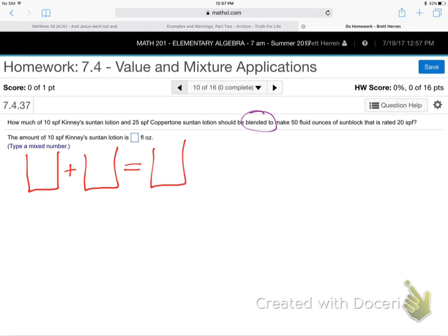All right, so 3 buckets. Remember the percent. Now, we don't have percentages again, and the amounts go on the top. We don't have percentages. What's playing the role of the percentages this time? SPF, right? It's the strength level, whether that's the price of coffee or the percentage of orange juice or the SPF of suntan lotion. SPF stands for,